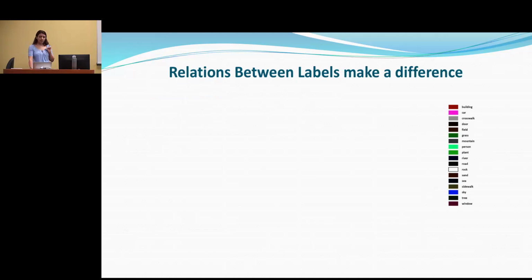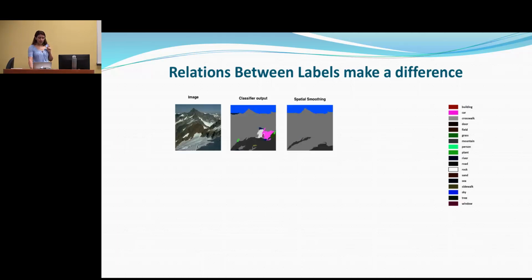And here I want to show that besides these long-distance connections, the relation between labels can make a difference. For example, here, because mountain and road have negative correlation, assigning these two in an image gets a higher cost.